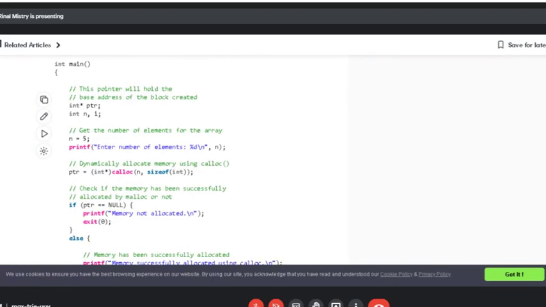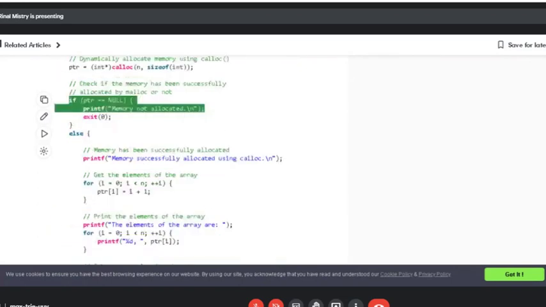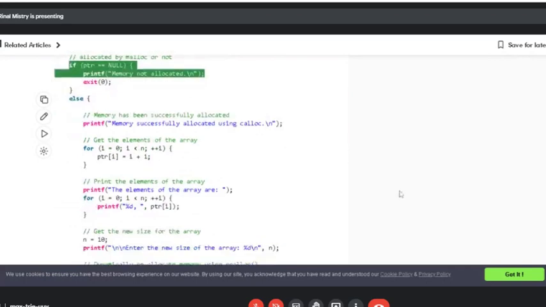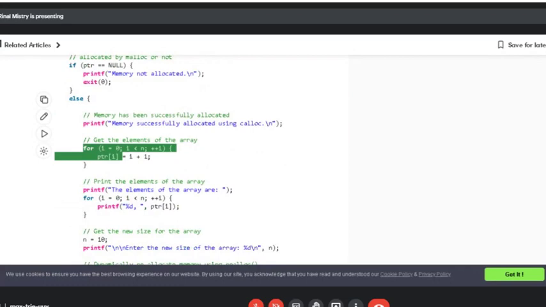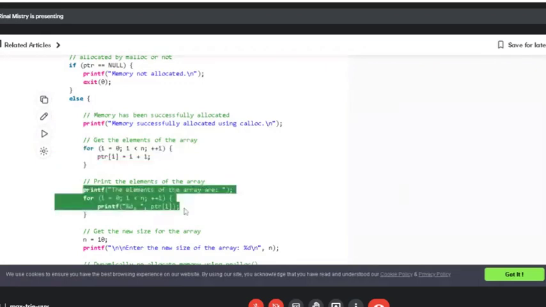So total 20 bytes will be allocated by this calloc function and it will be in the form of 5 blocks of 4 bytes each. After that, it is checked whether the memory is allocated or not. If it is successfully allocated, then the array elements are assigned and then the array elements are printed.